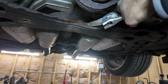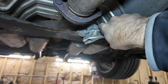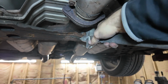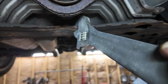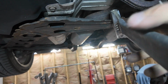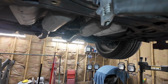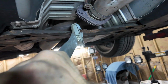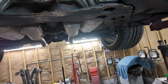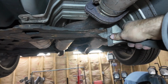Maybe. Maybe not. Awkward piece right here. Maybe I'm not going to just straighten this out. I thought I was going to. Anyways, I'll get it down off the exhaust, or a little further off the exhaust anyways. Yeah, I know. I need an exhaust. This exhaust is getting kind of